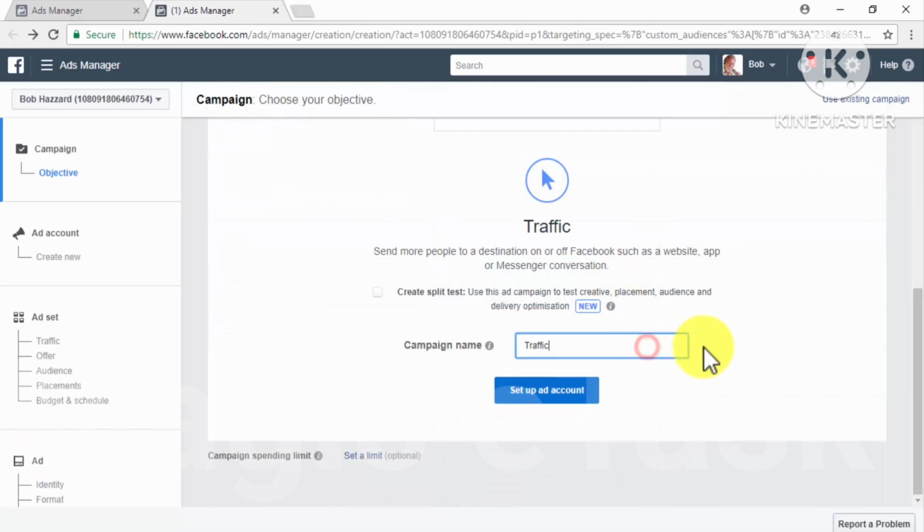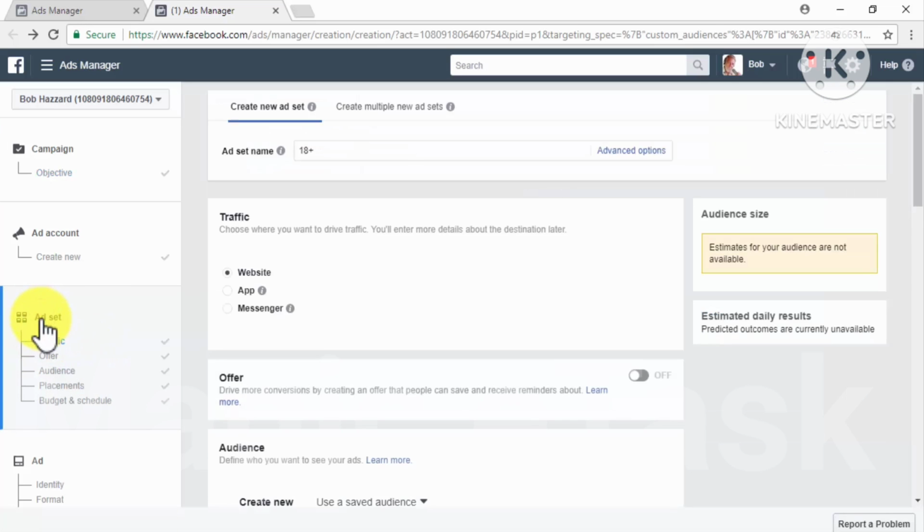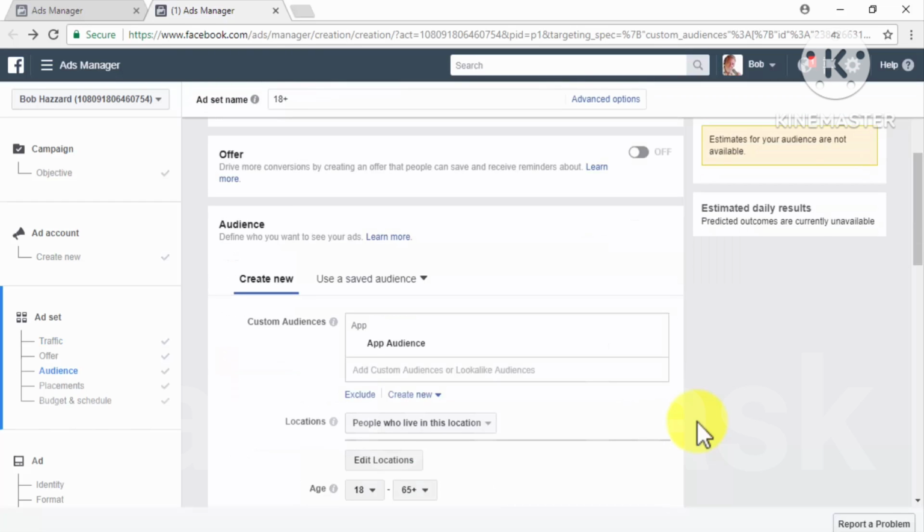Now name your new remarketing campaign in the campaign name field, and then click on the Ad Set section shortcut in the left-hand menu. Start by naming your new ad set in the Ad Set name field. Now select the website option in the conversion section. Now select whether to activate or not activate an offer in your ad set in the offer section, and move